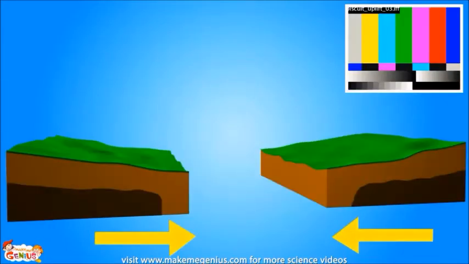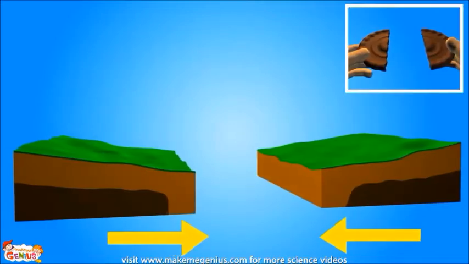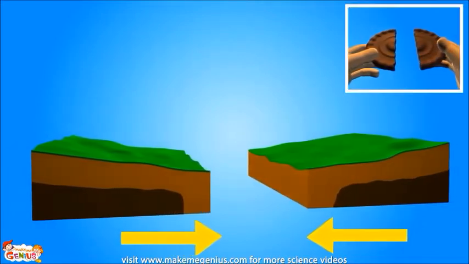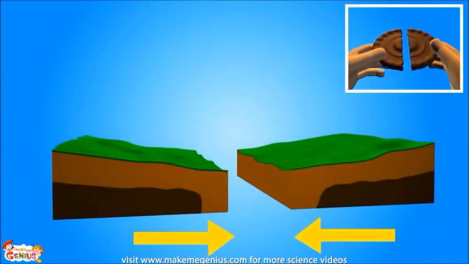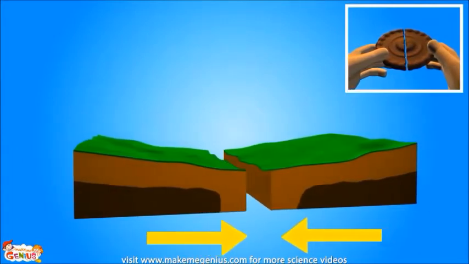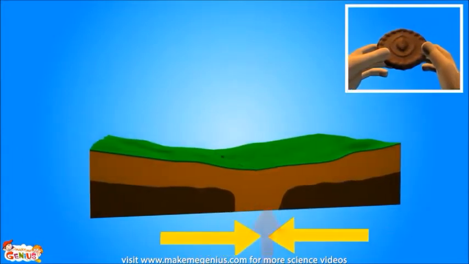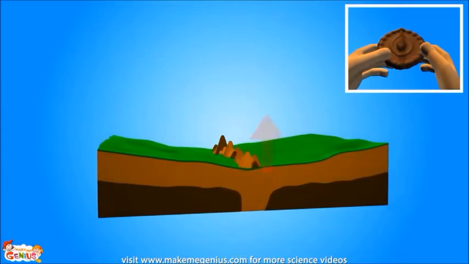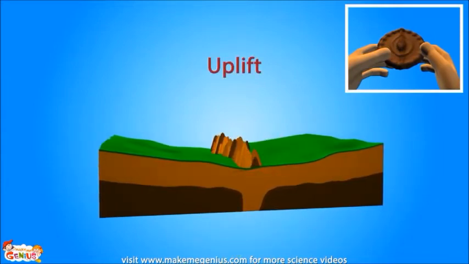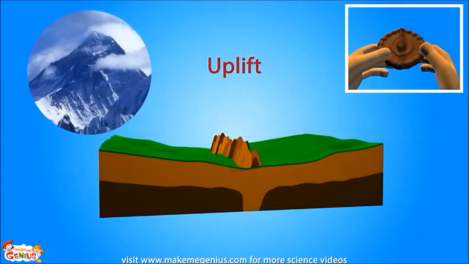On the other hand, if you have two continental plates that move toward each other, neither of them is going to be forced under the other one. So what happens is that they will lead into an uplift, and they will form fold mountains, for example the Himalayas. The point where two continental plates move toward each other is known as a collision boundary.